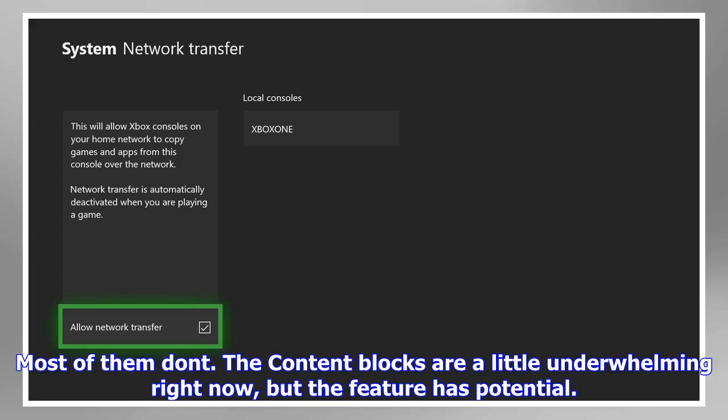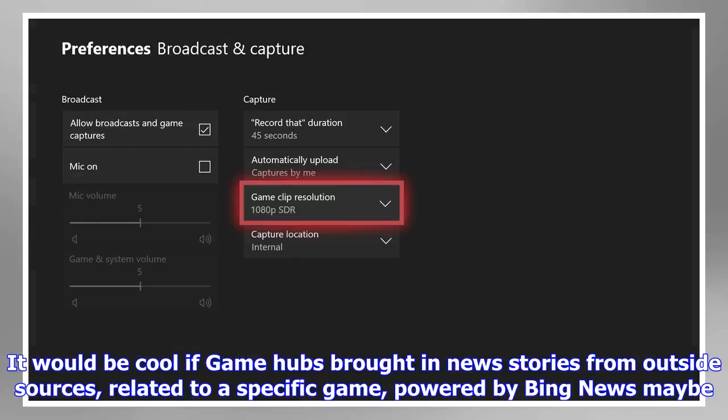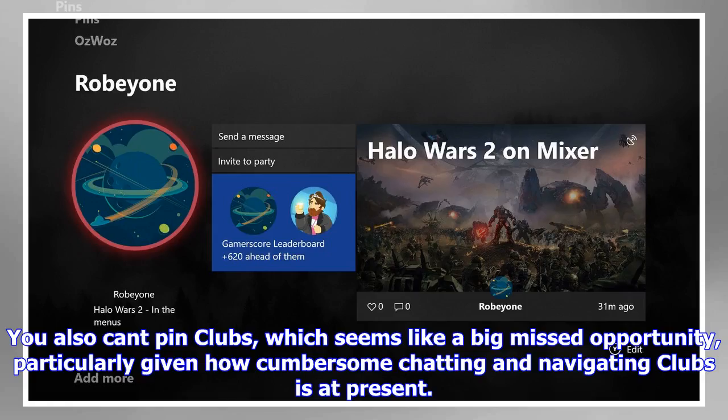You can also pin game hubs for specific games, which pulls in recent clips and news posts related to the game, but only if the developer actually updates their hub with status updates. Most of them don't. The content blocks are a little underwhelming right now, but the feature has potential. It would be cool if game hubs brought in news stories from outside sources, related to a specific game, powered